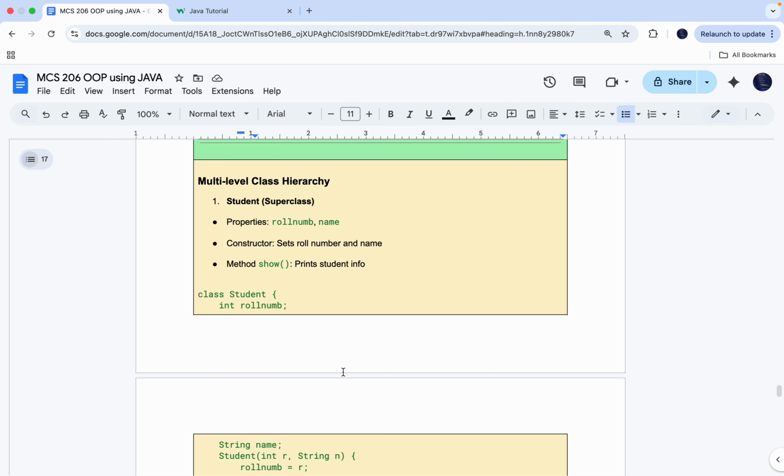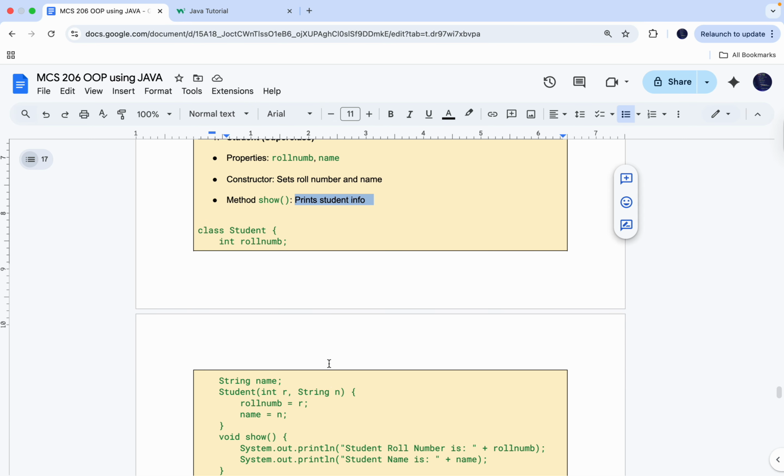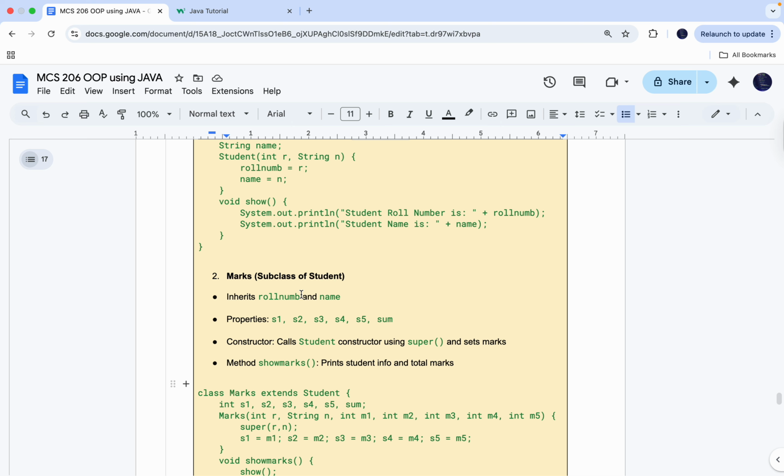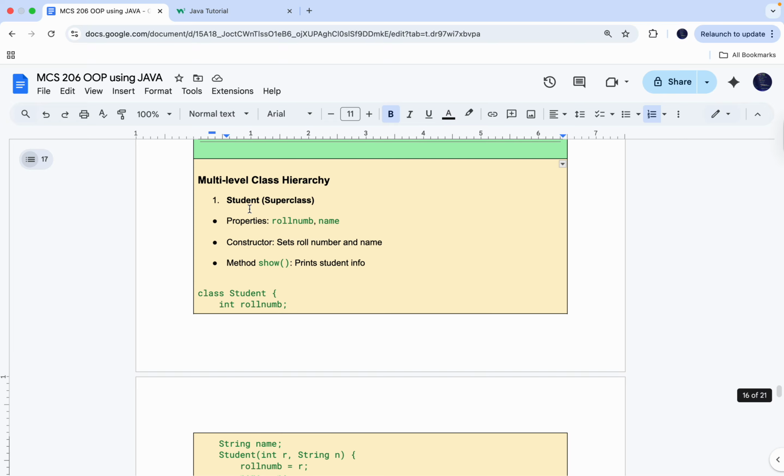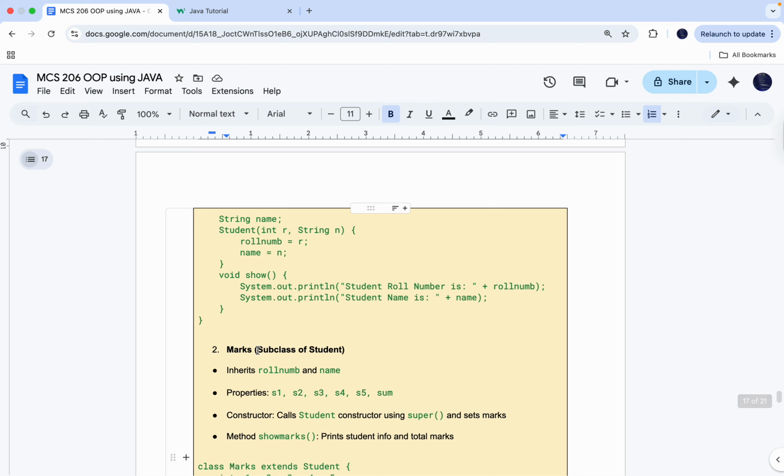आगे बढ़ रहे हैं अभी हम। मल्टी-लेवल क्लास hierarchy, स्टूडेंट सुपर क्लास। हाँ, स्टूडेंट जो है सबसे पहले वो है सुपर क्लास, which has properties रोल नंबर एंड नेम, कंस्ट्रक्टर सेट्स रोल नंबर एंड नेम, शो प्रिंट द इन्फो। ओके, मार्क्स सब क्लास हो गया ऑफ स्टूडेंट। ये स्टूडेंट सुपर क्लास है, उसके बाद ये वाला सब क्लास हो गया मार्क्स।